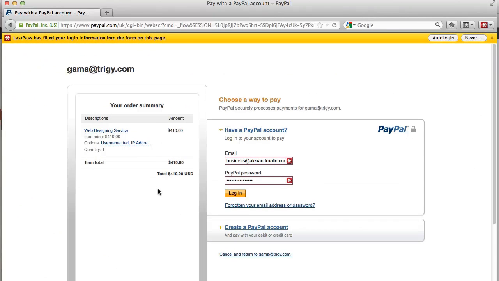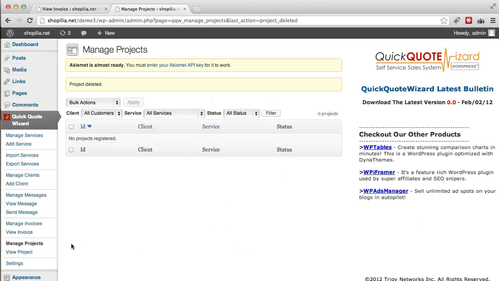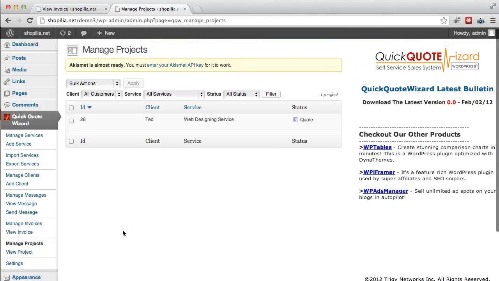So we're just going to go back to the other browser here, and do a simple refresh of this page. We can click on it again and it will open, and as you can see we have the web designing service here. Over here it says the status of this project. The status is quote, because Ted, this customer called Ted, only requested to save the quote